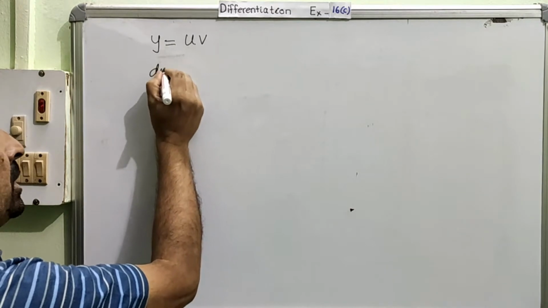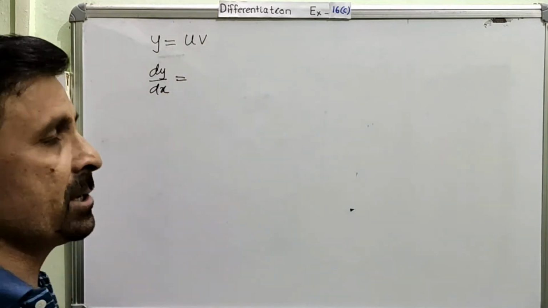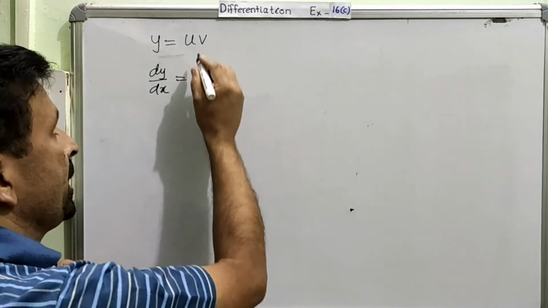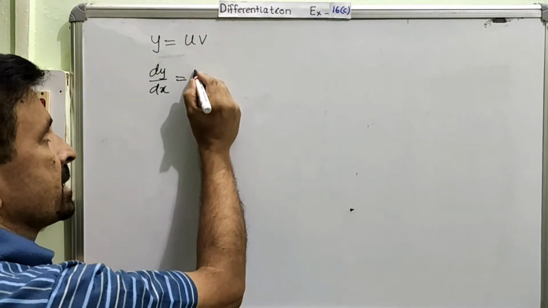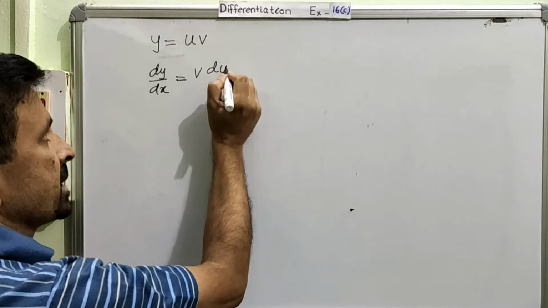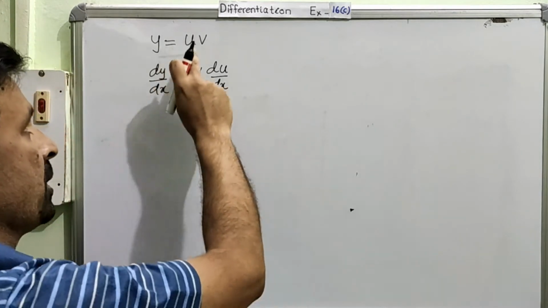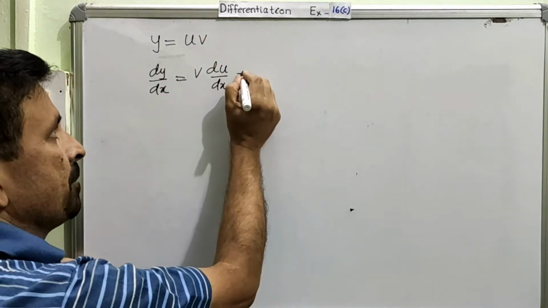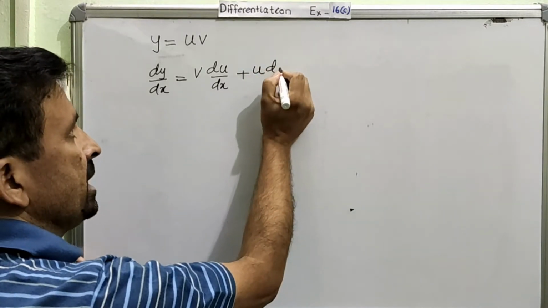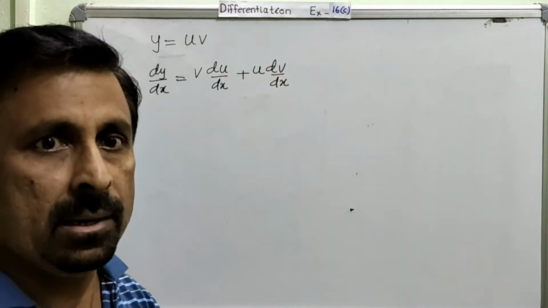So in this case, we will differentiate dy by dx. What we can do is differentiate one of the functions at a time. We will differentiate only one function at a time. So if we are differentiating the first function, then the second function will remain as it is. We will not do anything to it, and we differentiate the first function, du over dx. After the first function is differentiated, now we have to differentiate the other function. So put the plus sign, and then we keep the first function silent and differentiate the second function. So this is the rule for differentiating a function in the product form.